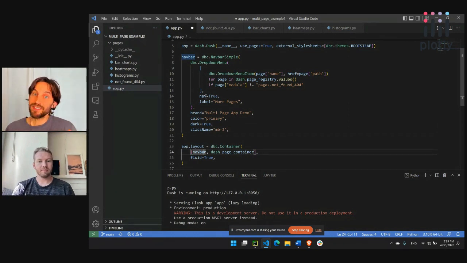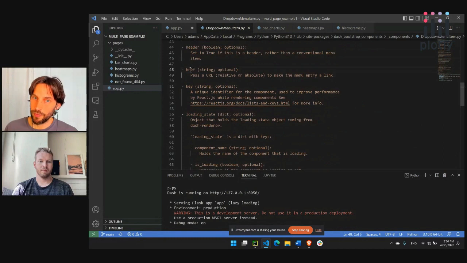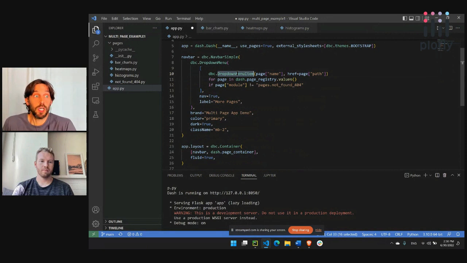And then the last thing on the app.py file is the links. How does the app know which page content to display? In this case, we're using the Dash Bootstrap drop-down menu, which has, if you Control left-click, an href, which means you can pass a URL to it. So you don't have to use this. You can use a DCC link, you can use an off-canvas, you can just use a regular sidebar. Anything that has a href as a property is something that you can